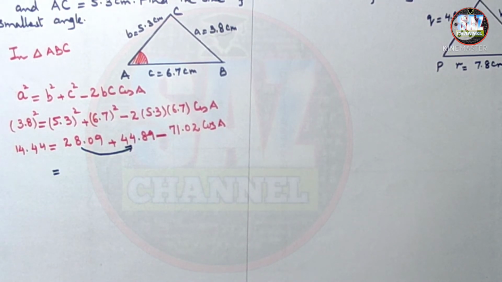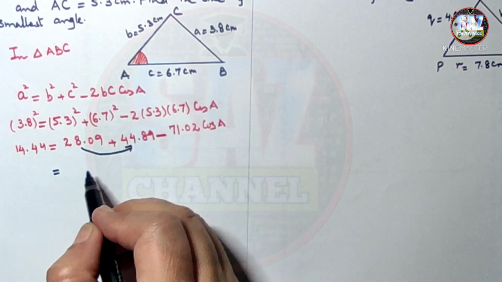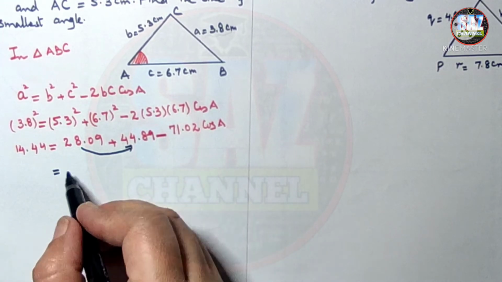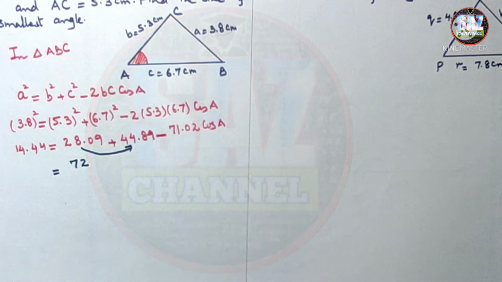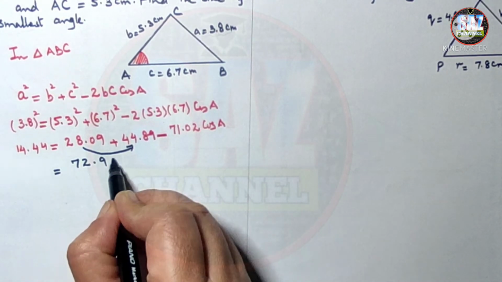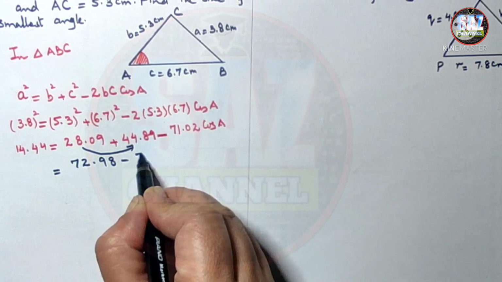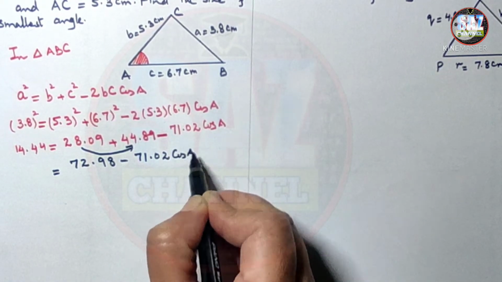28.09 plus 44.89, this gives me 72.98. Now 72.98 minus 71.02 and cos of angle A,